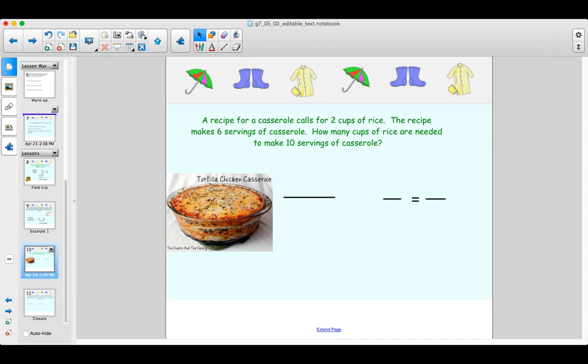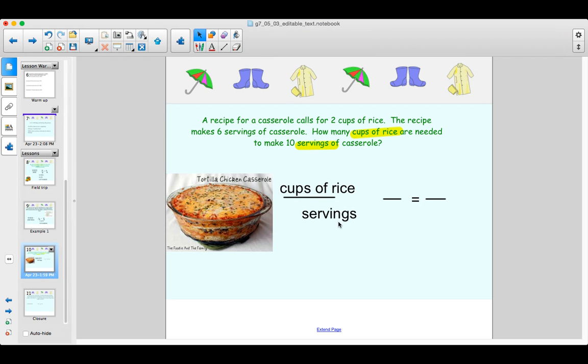Okay, here's another food one. It says that a recipe for a casserole calls for 2 cups of rice. The recipe makes 6 servings of casserole. How many cups of rice are needed to make 10 servings? So again, starting with what is it that we're looking for here? And that is to compare the cups of rice that are needed in however many servings it is that we're talking about. So setting up my word fraction, I'm going to do cups of rice on top and servings